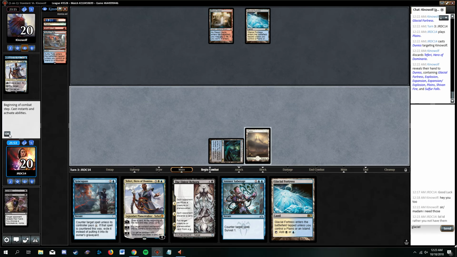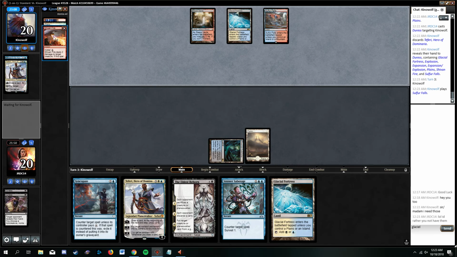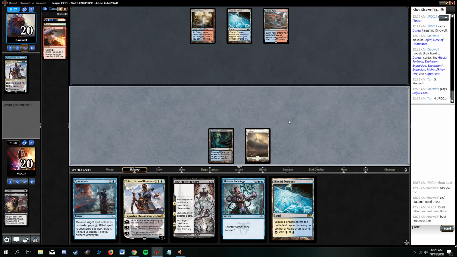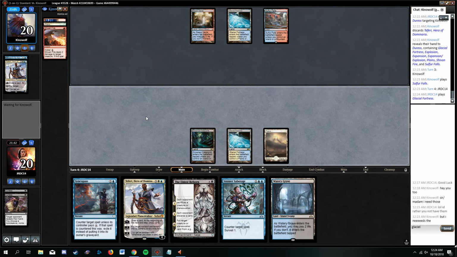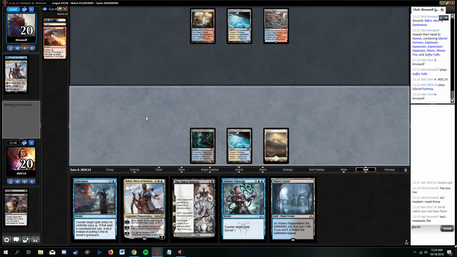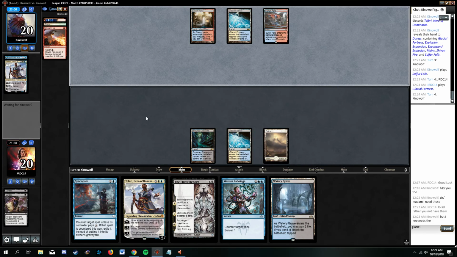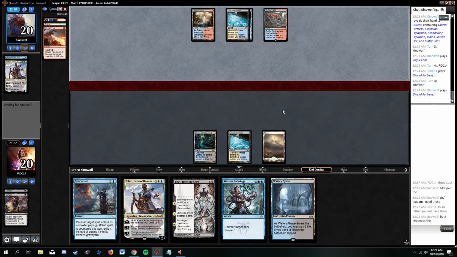Alrighty. Let's see, they play Sulphur Falls. Expansion, obviously, being able to be a counterspell is a little bit annoying, but not much we can do about it. Another edge, hopefully, here is that we have gotten them to get rid of all of their...